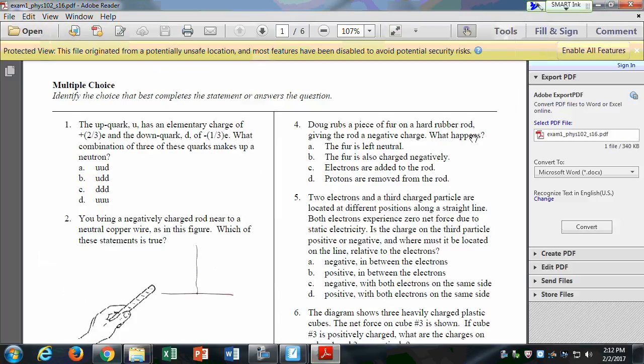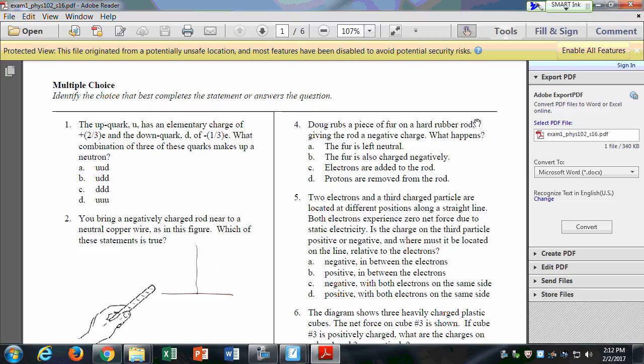All right, so you will need to know some basics about charge, about the quantization of charge, about how it's conserved, and also how it makes up certain things. We had several questions on the reading in the quiz that is due tonight about the properties of charge. For example, this question is about the up quark, which has a charge